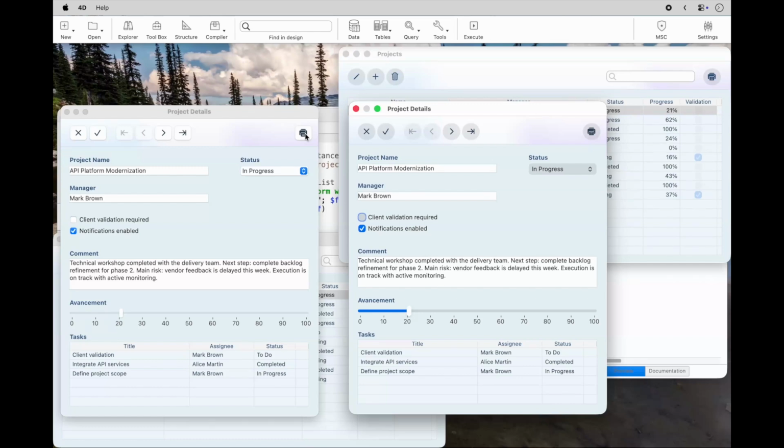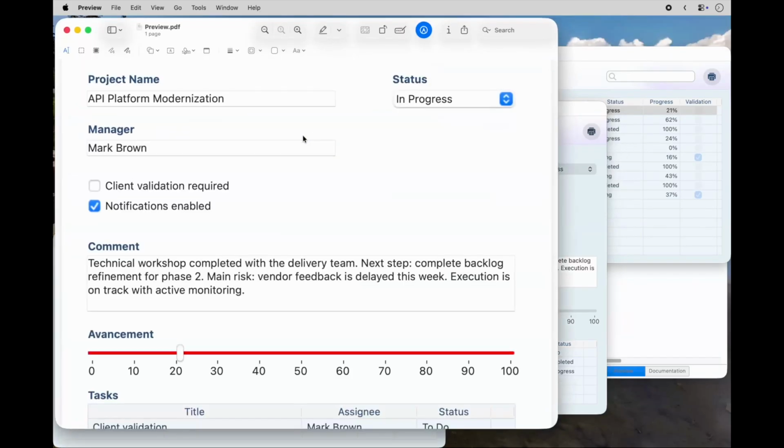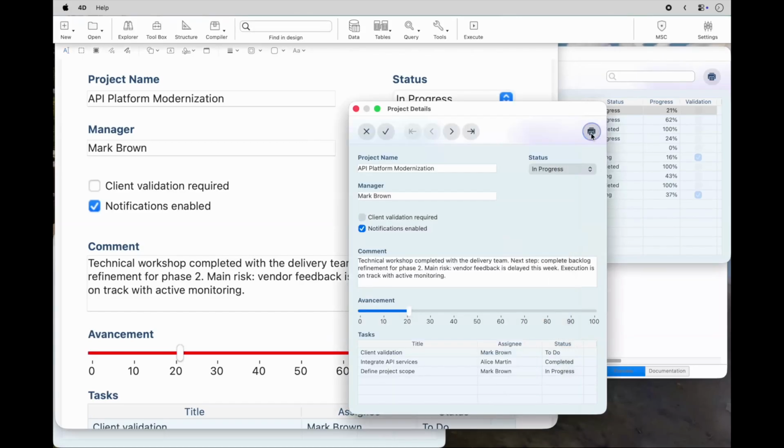4D21R3 introduced a new rendering engine for printing. I'm going to launch a print preview with 4D21, and here we get a rendering that is very close to what we see on screen, sometimes with a result that is less readable on paper, especially because of shadows or gradients. Now I launch the print preview with